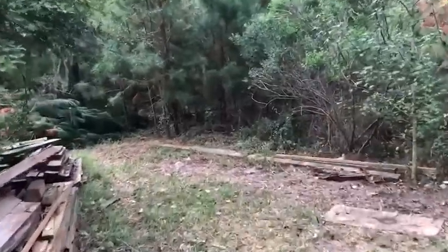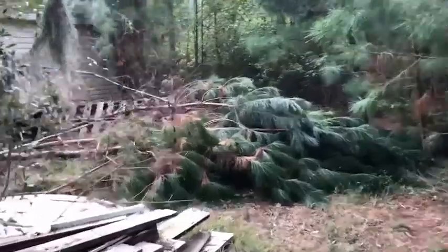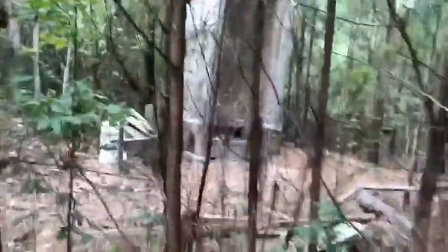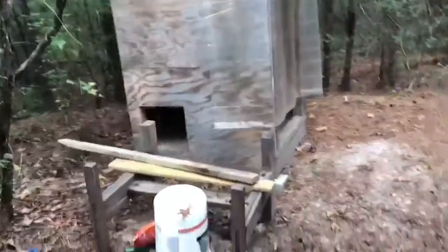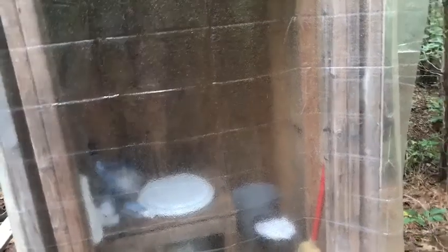We've chopped down some trees around the house back here, and I've stacked all the wood that was formerly out in front out here. Got to clear this path so we can get to our compost toilet, which I'm going to show you right now. It needs to be painted and a door, probably a screen door, instead of this old shower curtain here, but